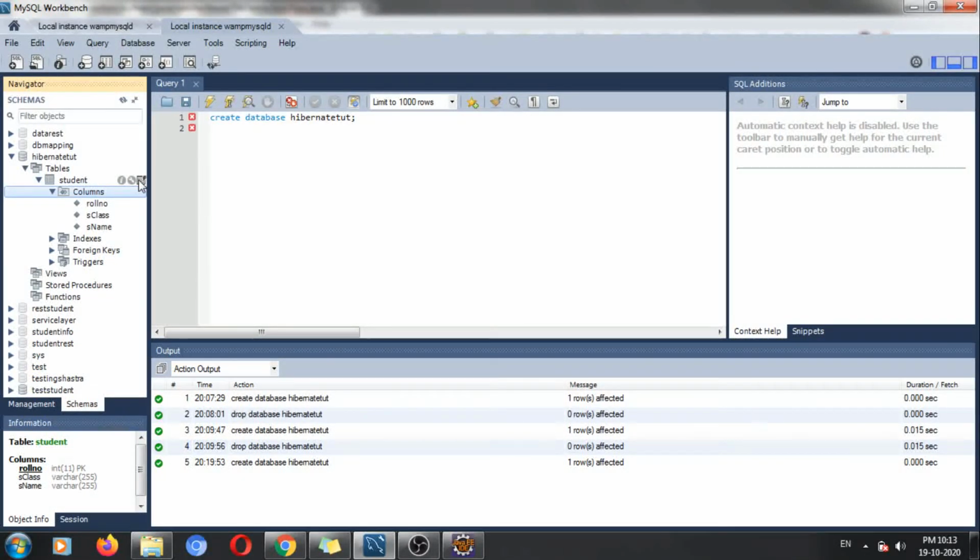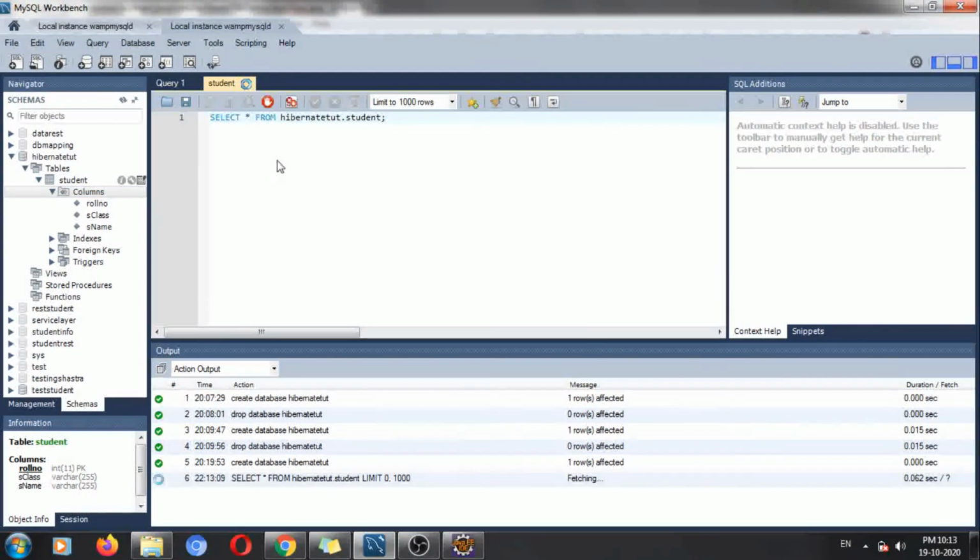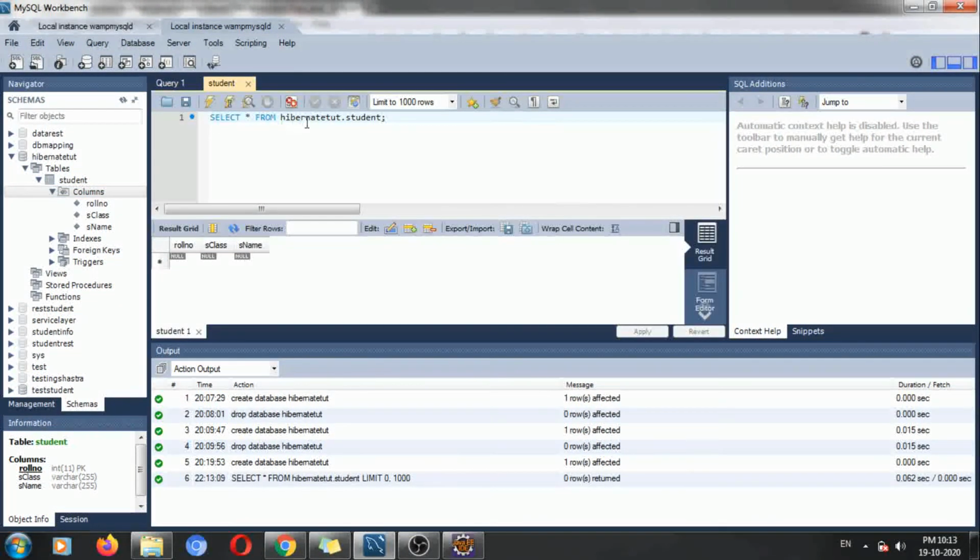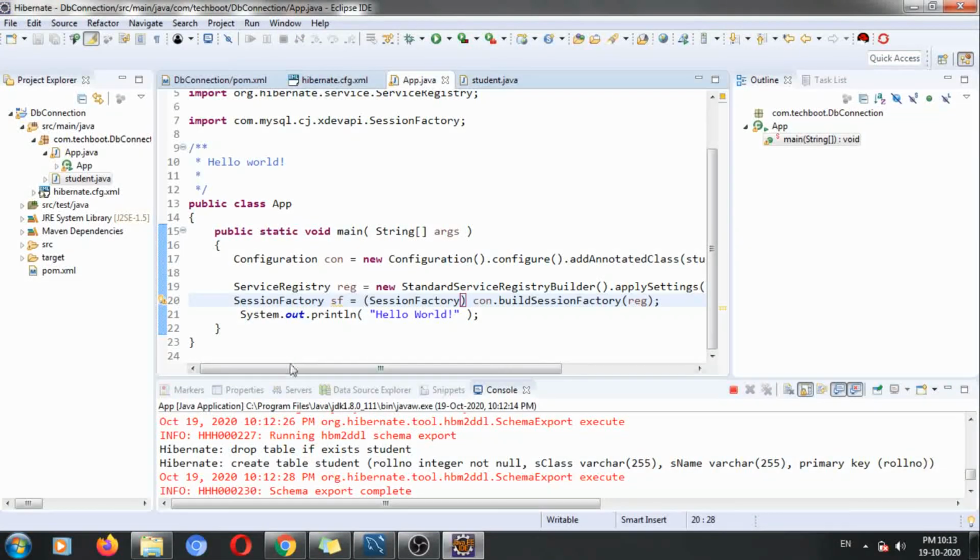If I click here, it's going to give us the table details. So what we have done is select star from the student table. Here we go, we got our roll number, s name and s class details. In this way it is going to create the table in our database. In the next video we'll see how to store the data in our database.